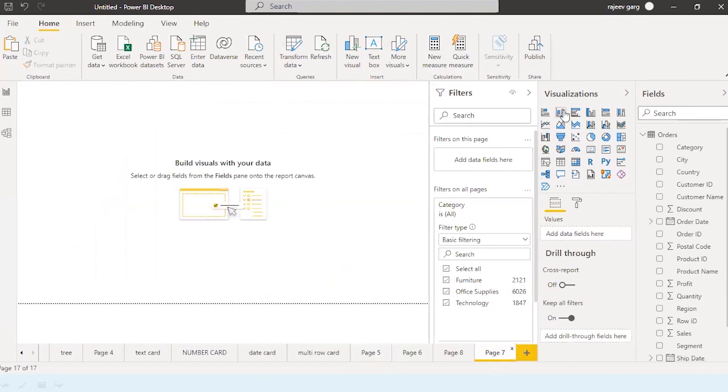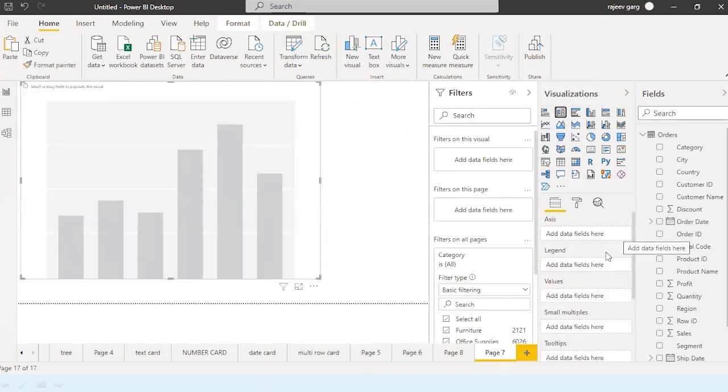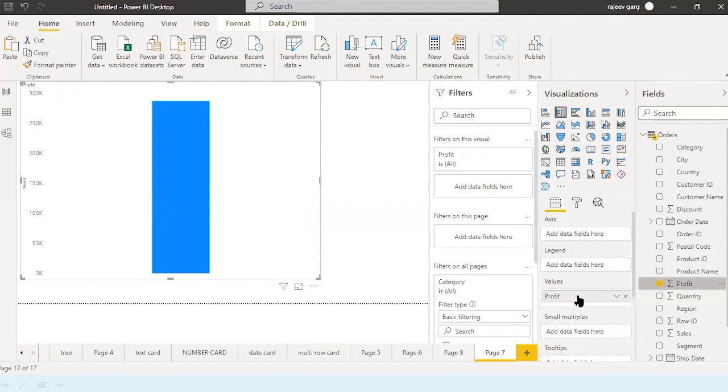Let's take an example of a bar chart, the simplest example. Now here you have the legend, values and axis. So first of all, value, what do you want it to show? You want to say sales, discount, profit, what do you want? So let's take, I want to display the profit. So I will put the profit into the values. Now you wanted to bifurcate the profit on what basis?